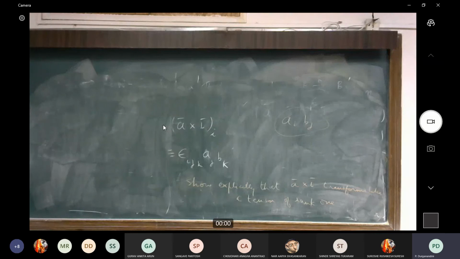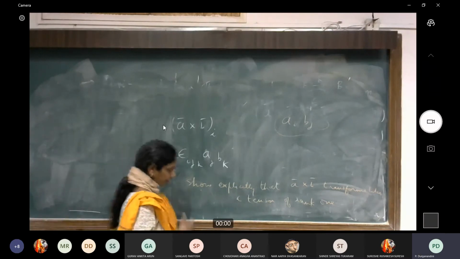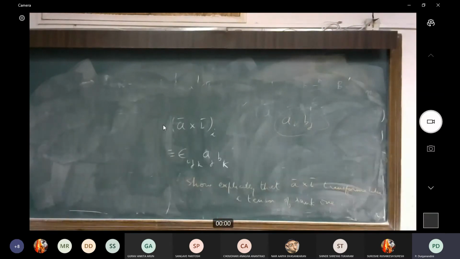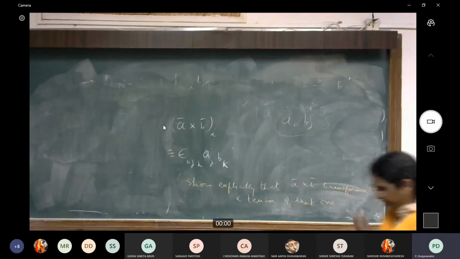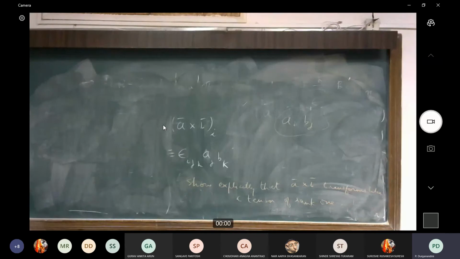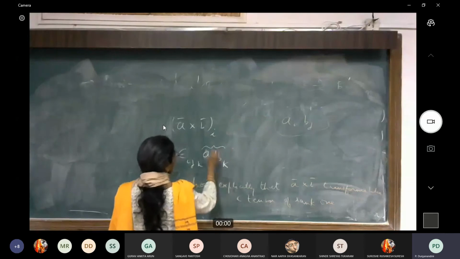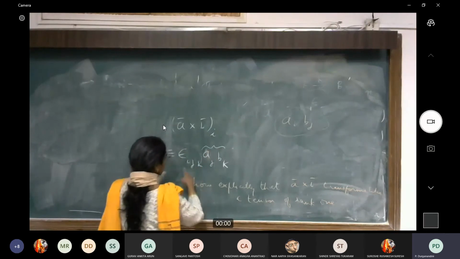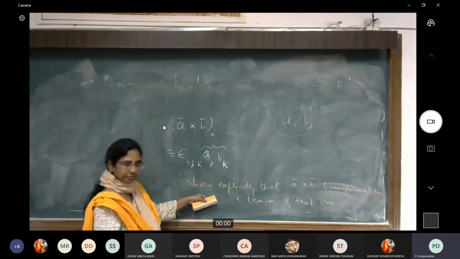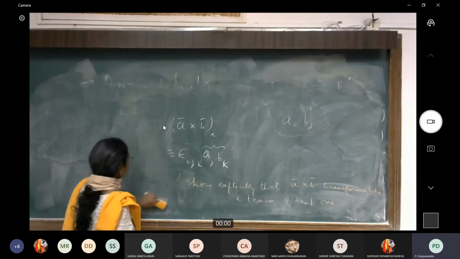Now, before I go further, as I said, this Levi-Civita symbol as well as the Levi-Civita tensor and the delta tensor both are very useful objects that we can use to write expressions in a very compact way. The delta ij, for example, can be used to contract tensors. The epsilon ijk can also be used, so for example, what we did was, this was a second rank tensor. Now from a second rank tensor, I have multiplied it with, or combined it with, a third rank tensor and got a first rank tensor. That's what we've done here. So it can also be used to construct tensors of other ranks.